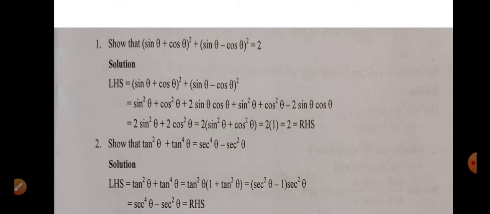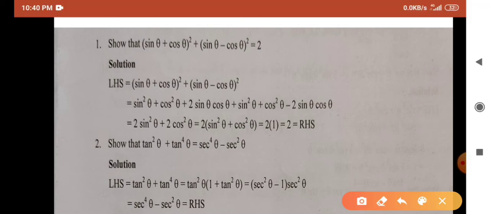In the last class, we have studied trigonometric functions in terms of ratios and some fundamental relations between trigonometric ratios. And today, we are going to solve some basic problems based on fundamental ratios as well as the relations between them. Now let us consider the first example here.